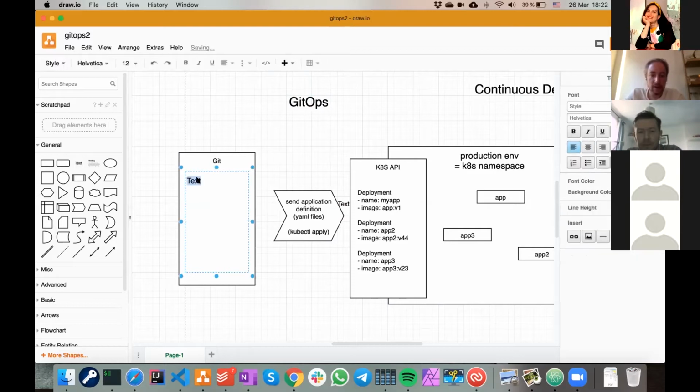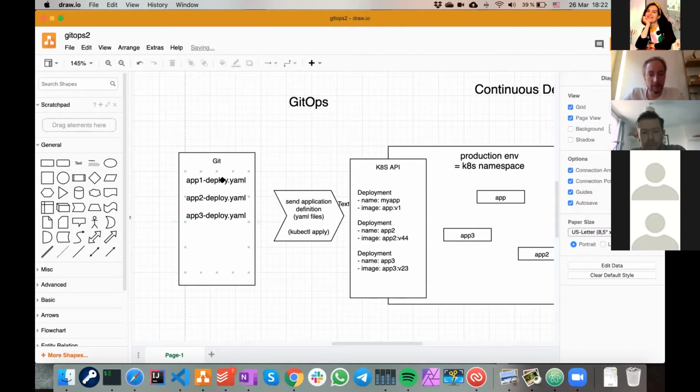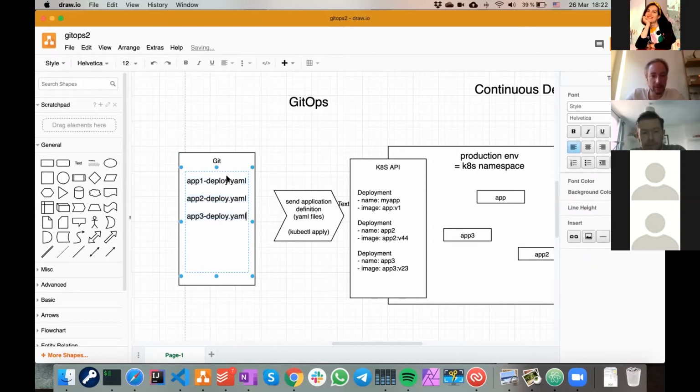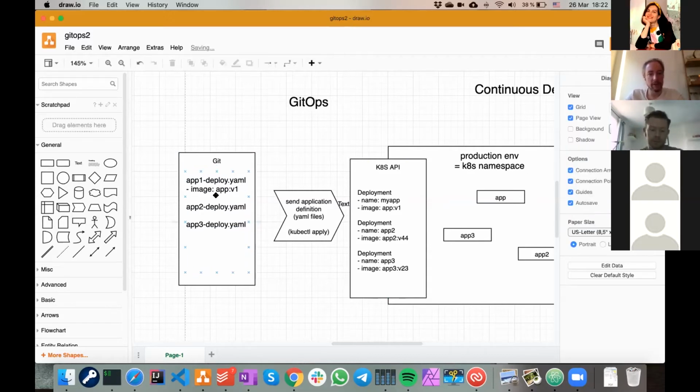So I will have app1 deploy.yaml here, app2 deploy.yaml here, and app3 deploy.yaml here. And it's very simple. Inside this YAML file, of course, is the deployment, and it also contains the image, app v1. So whenever I update this Git repo,